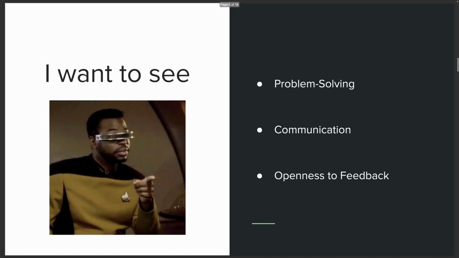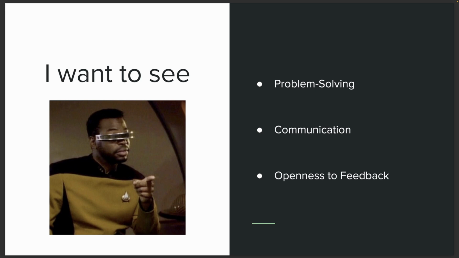Anyway, so as an interviewer, there are some things that I want to see. These are the things that I'm looking for. These are the positive attributes that I am hoping that the candidate is demonstrating in the interview. The first is problem solving. Yes, if we are doing a data structures and algorithm interview, there is a problem to be solved, and I would like to see that problem be solved. That's part of it, for sure.